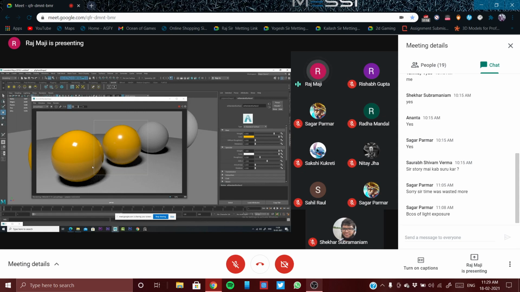Okay, but this time I am not doing anything but increasing the metalness, or a little less. Can you see the difference between these two?